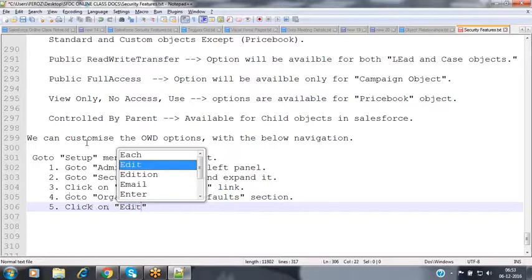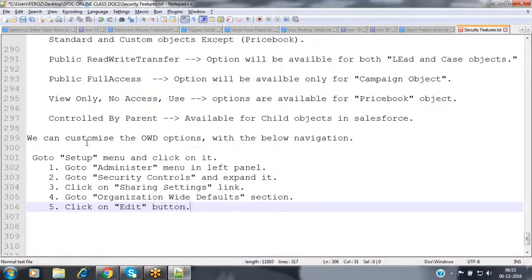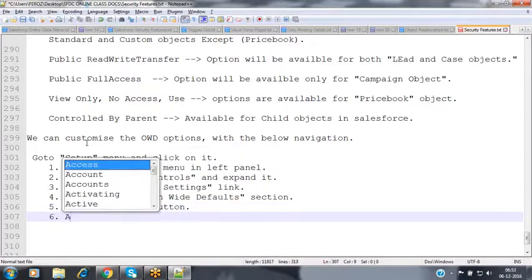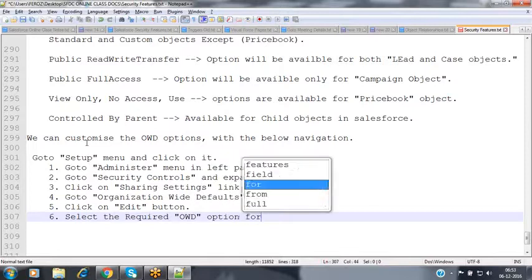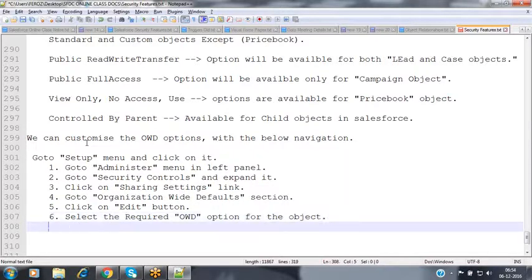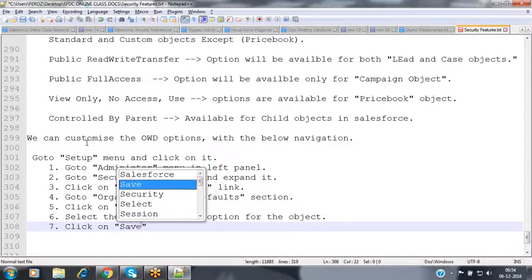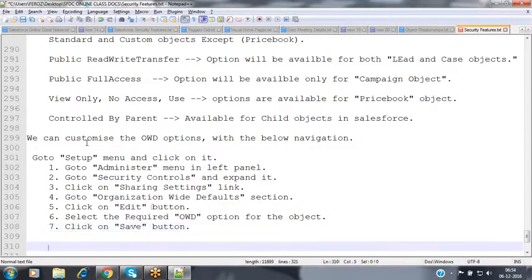Then click on the edit button, select the required OWD option for the object, and then save. So this is the navigation we have to use in order to configure the OWD options.